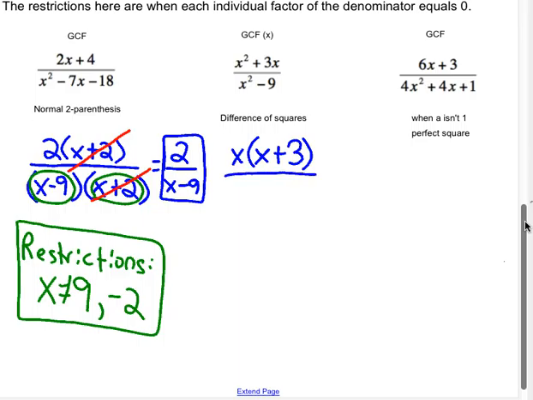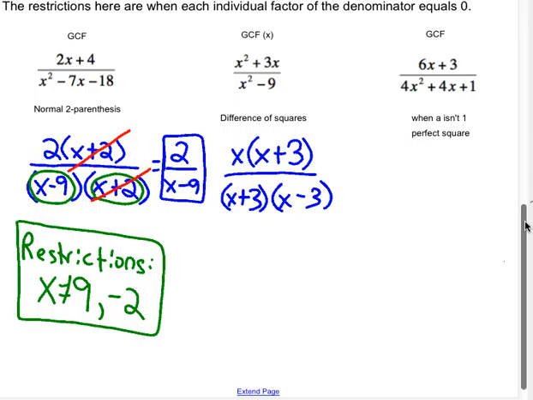The bottom is that model of the difference of squares. I have two perfect squares being subtracted, so remember that setup. That's where you get your plus and your minus. The x squared comes from x's. The negative 9 comes from 3's. All right, and again,